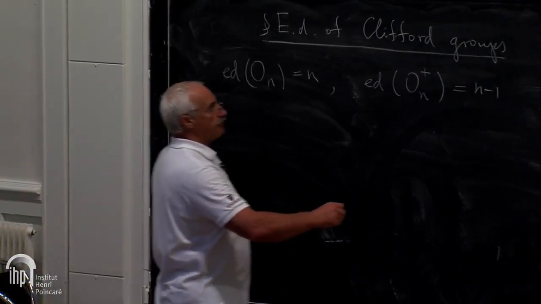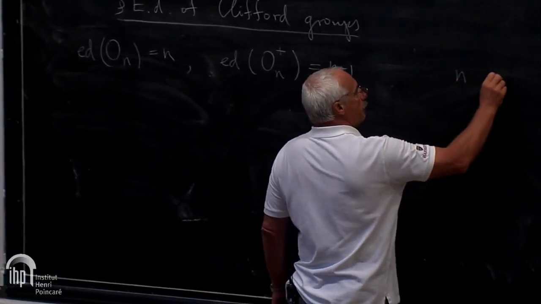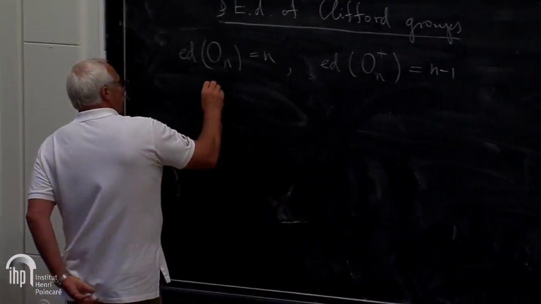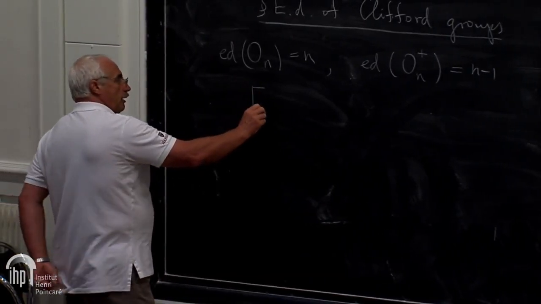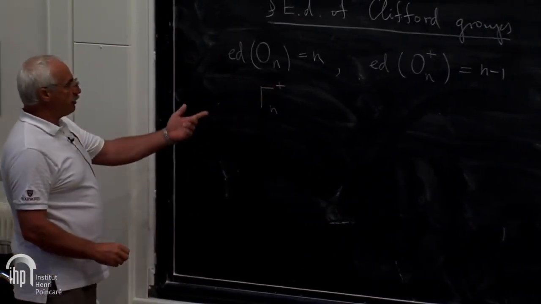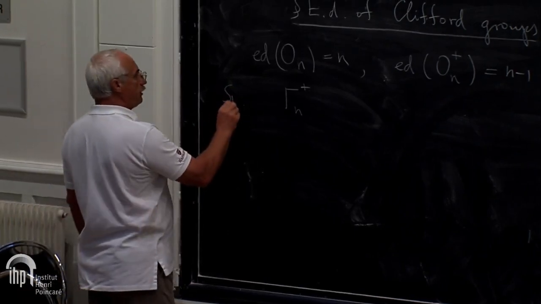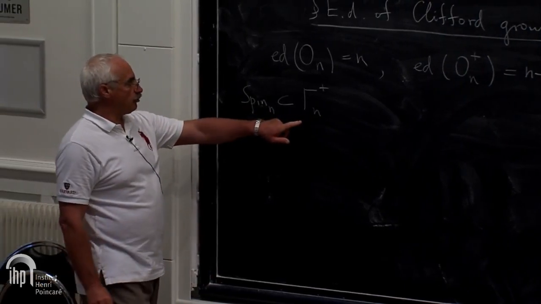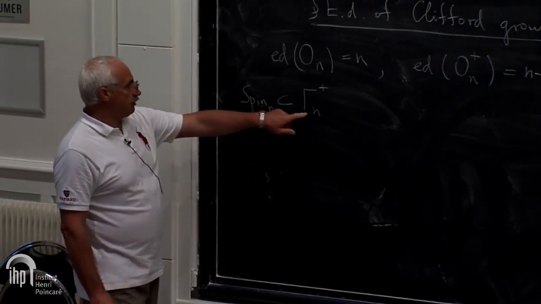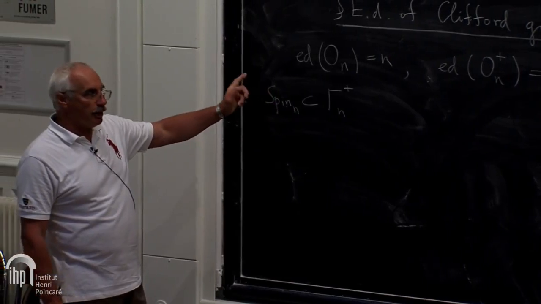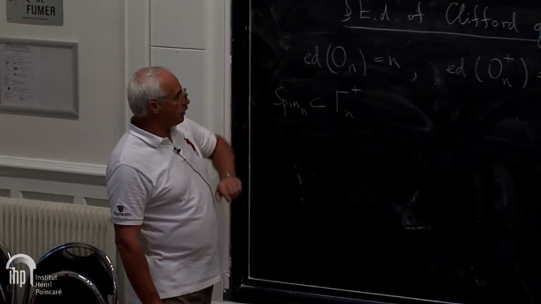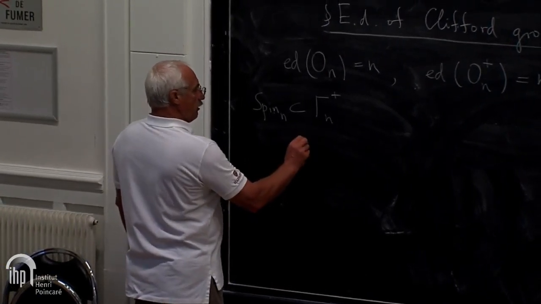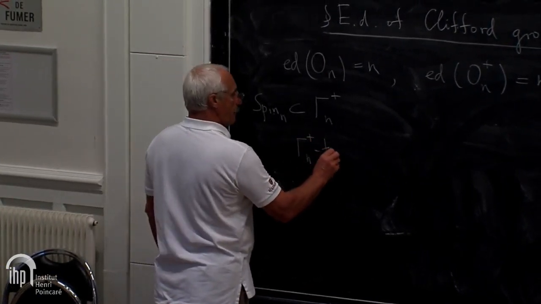Now let me take, for simplicity, n even. And consider the Clifford group, Gamma_n. That's the even Clifford group, the one containing the spinor group. The torsors for the spinor groups and the Clifford group are very similar, and in fact the essential dimension of these two groups differs by at most one, but it's easier to consider the even Clifford group. The thing is that the Gamma_n plus torsors